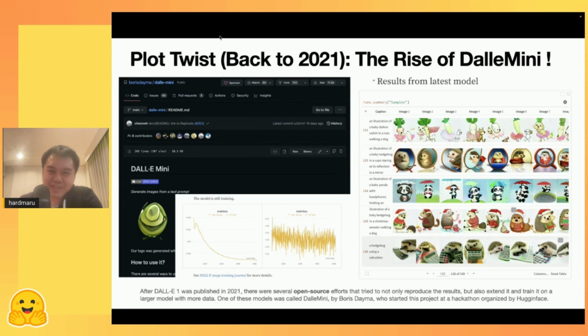In the middle of this year, there's a huge spike in the usage of this model called DALL-E Mini. DALL-E Mini is a community effort funded by Hugging Face. I think it's a hackathon led by Boris, and they tried to reproduce DALL-E 1. And they were successful. They created a model that can generate images from text. It's not high resolution, it's like 256 by 256. And Hugging Face served this model on Hugging Face Gradio, or whatever the demo, and it became a viral hit.